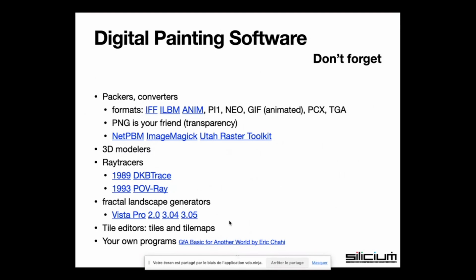IFF on the Amiga, that was used by everyone, that was introduced by Deluxe Paint. On the Atari, PI1 is the format from Degas Elite and Neo from Neochrome. Of course, on the PC, you would typically do GIF or PCX. Targa is very convenient, easy to convert because it's a flat format, uncompressed. The header is very simple, so loading a Targa image is like 5 or 10 lines of